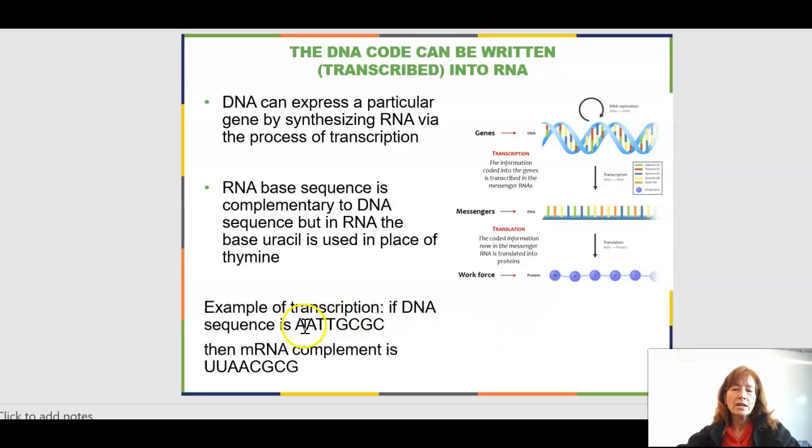We could look at a sequence of DNA, as you see below here, AATTGCGC, and we could then know what the mRNA version of that would be. Remember that normally when we'd see A on one side, we would see T on the other, but thymine is replaced in RNA by uracil. So here we have UUAACGCG, which is the complement to what you just saw up here, this half of the DNA molecule that is allowing itself to be copied. This would be what's copied.